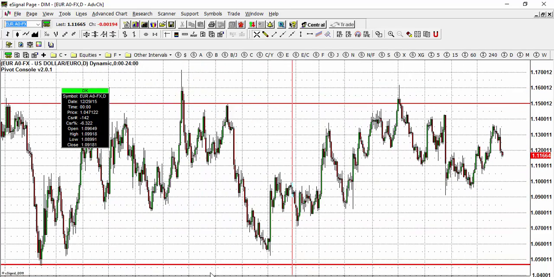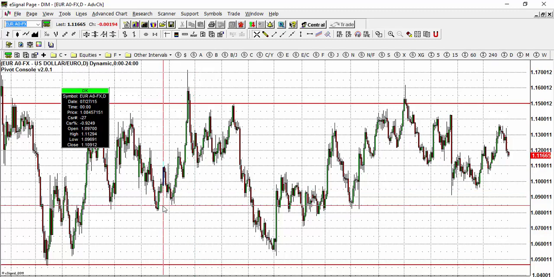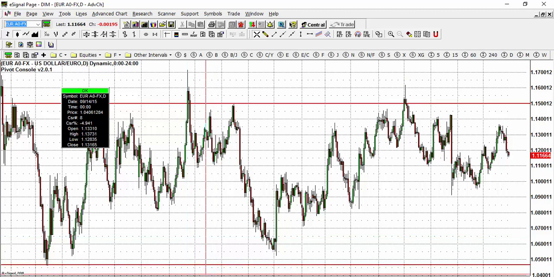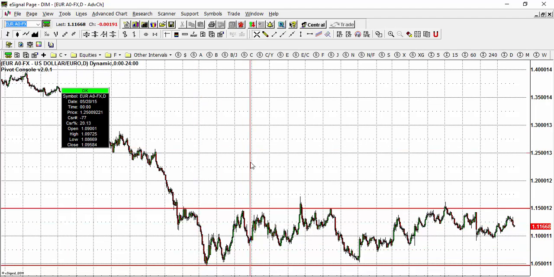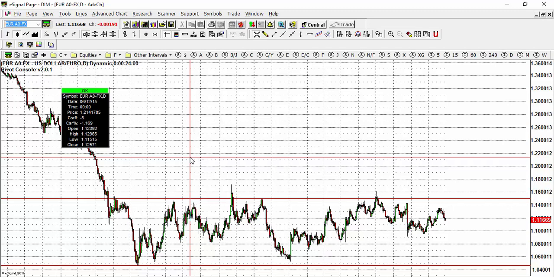Okay, in front of us we have a chart of the euro currency, and euro is still within a broad trading range. As we can see, the range is between 115, 116, and the lower end of this range is at the 105 level. Now, we have been in this range for quite a number of months, and when this range actually does break in either direction, we could get a fairly significant move in the value of the euro